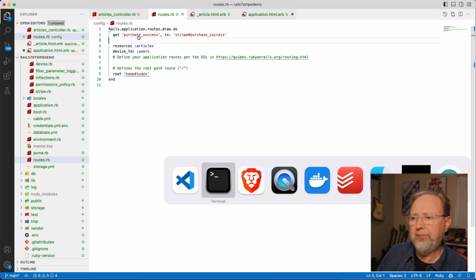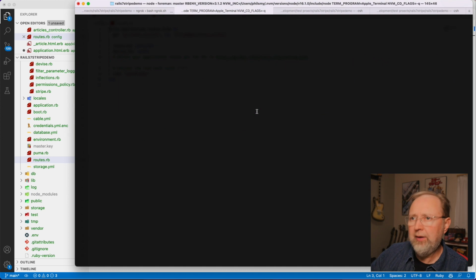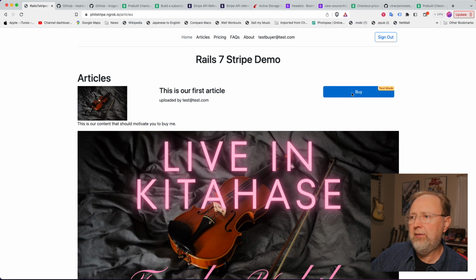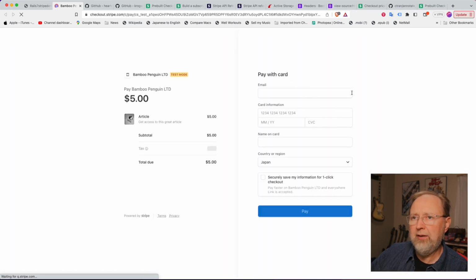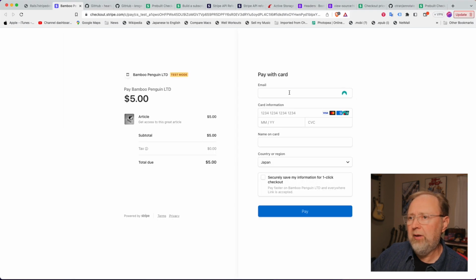Good to go. So we can take a look here at what happens when we buy. We can see nothing is happening at all on our side, as it shouldn't. And let's do a test at test.com. No, is it test buyer at test.com? And we just do the standard